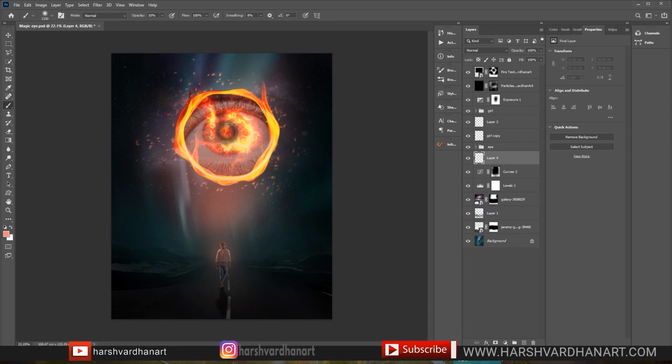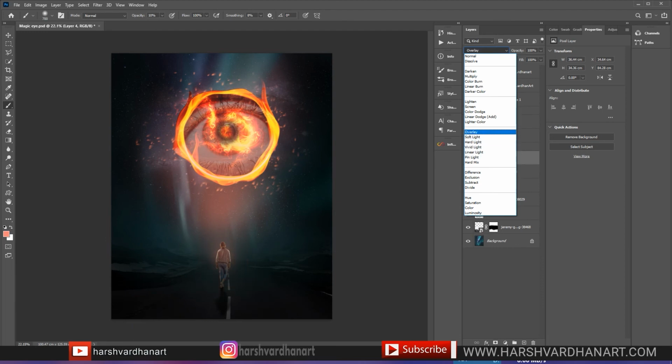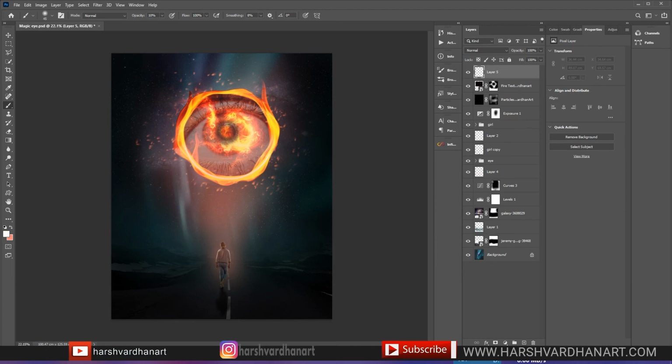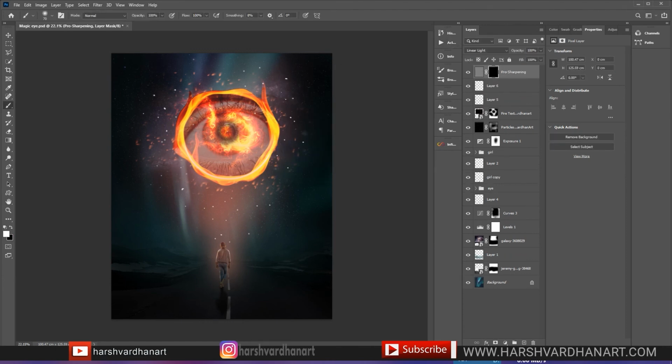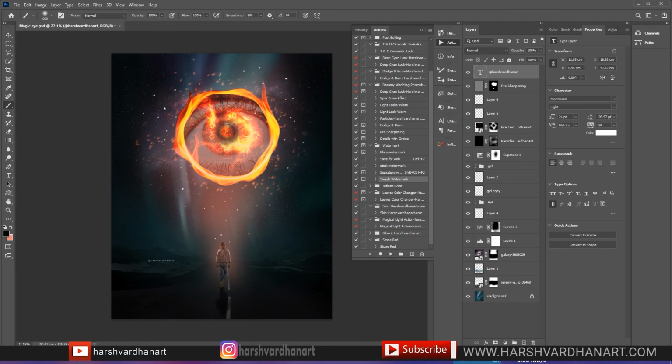Finally I decided to add some more light on the model and on the eyes, so that it seems that they are blending together, because she's standing near the eyes, or fiery eyes, so it has to be a little bit brighter. And I did that with the help of the brush tool, and by changing its layer blend mode to color dodge or screen, I decided to change it to a different look, and finally I just made it a little bit sharper with the help of the high pass filter, and this is the final result which I got.